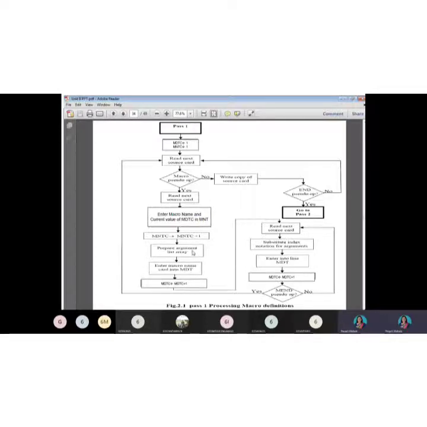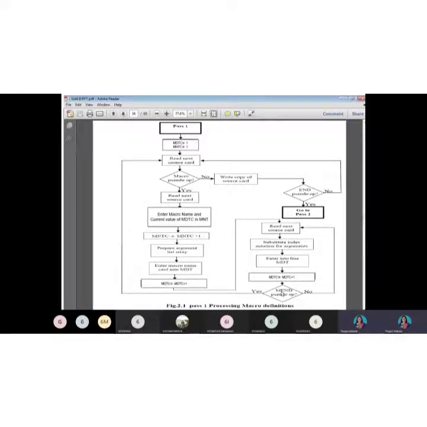We prepare the argument list array, and then we enter the macro name card into MDT. Then we increment the MDTC by 1. We carry out this process for the entire macro definition. So read the next source code, substitute the index notation for the argument, enter the line into MDT, and increment MDTC by 1. All this you continue till MEND.